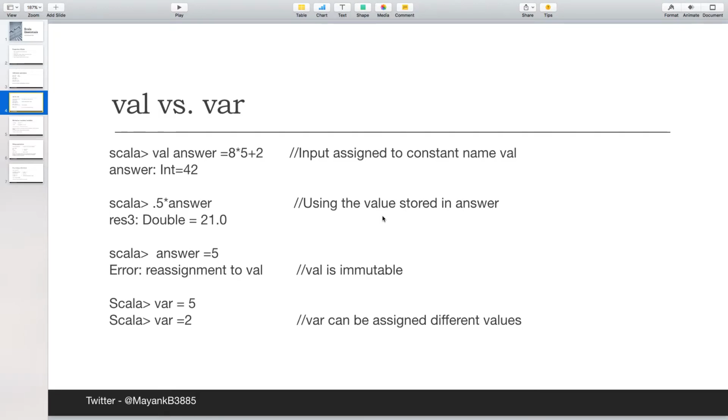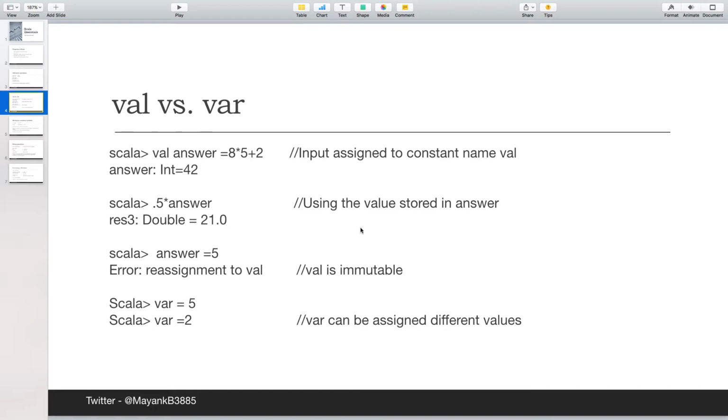Next we look at val versus var. You can declare variables in different types. One is val, which is a constant value. Whatever value you assign to the variable val cannot change. It's immutable. And var is something where you can change the value later.